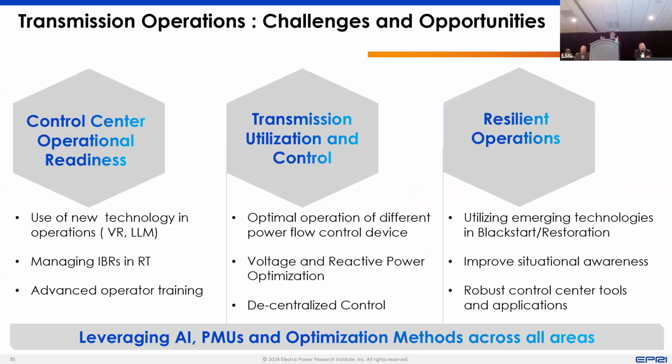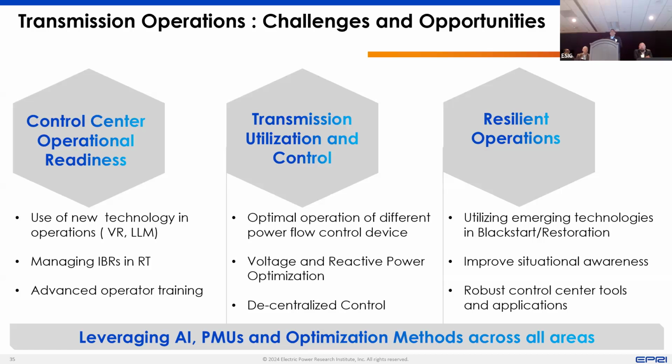We can basically bucket all the challenges we are seeing into three broad categories. One, looking into how we can be ready to operate high inverter-based resource systems, what tools we need, what processes we need, how we can train our personnel operators to be more ready for such high inverter-based scenarios. Second bucket is looking into how we can improve utilization of the existing transmission grid to better support integration of renewable resources. That's basically how you can operate your grid enhancing technologies, how you can optimize reactive power, active power in your system. So that's one bucket.